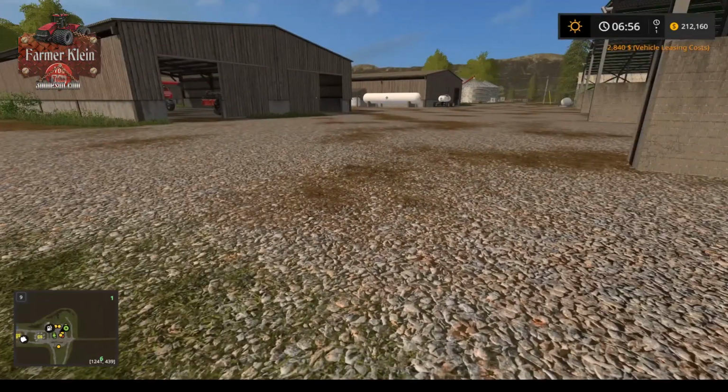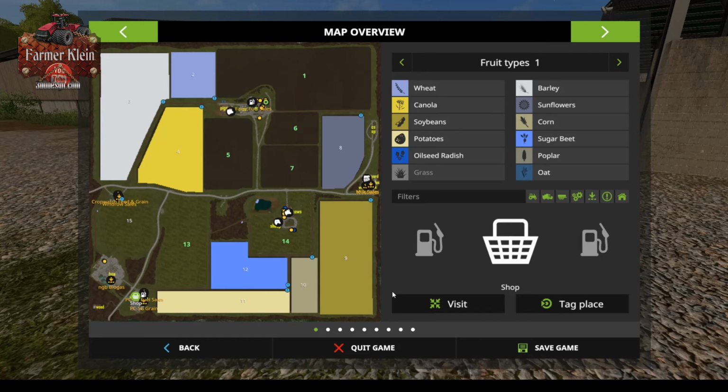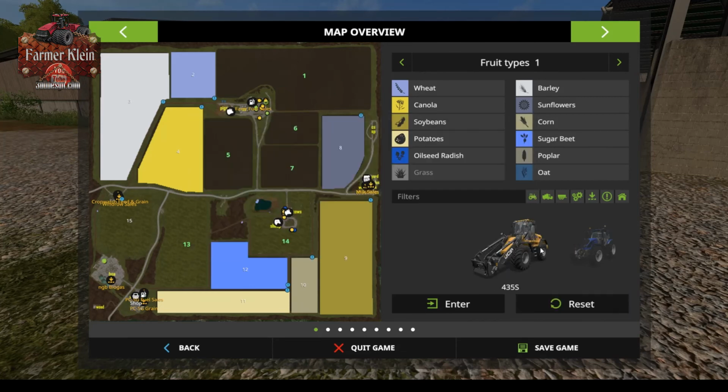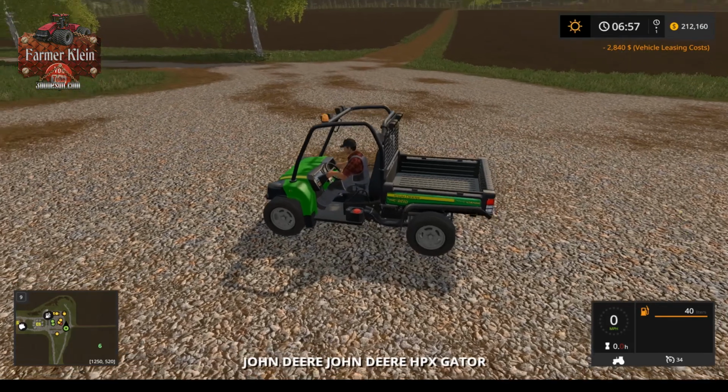So we leased up our gator. Let's take a look and try to find the shop. The shop is way down here. And let's see if we can find our gator. Was I on it? There it is. Let's hit reset and see what happens to it. So where is it? So we are